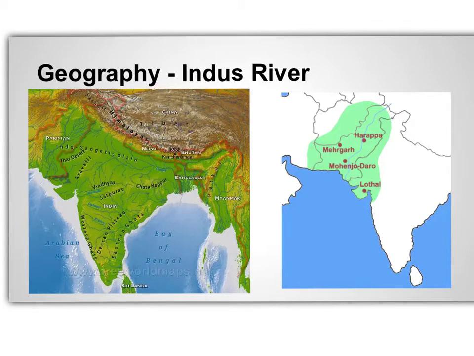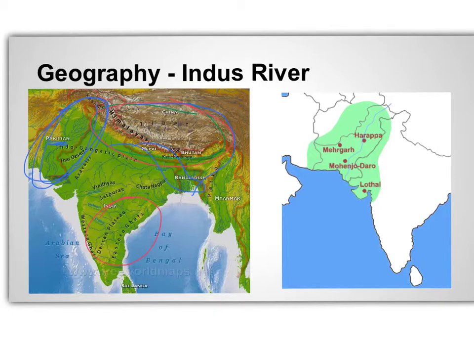Now, we have already looked at India's geography. To the left here, you can see this map. You can see the Himalayas right there. There is the Ghats right there. And then you have the three major rivers located on here. You have the Brahmaputra, you have the Ganges River right here, and then the Indus, which is over here in modern-day Pakistan. Pakistan is this country here. And the Indus River is over here. And this is where the very first civilization in India was created.